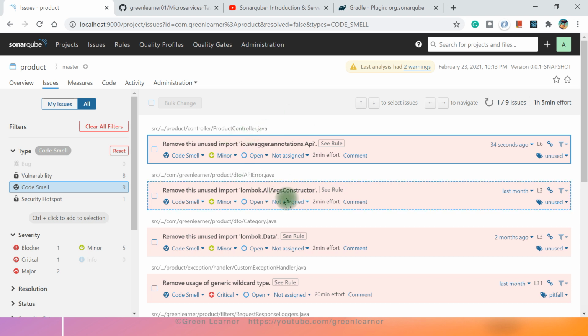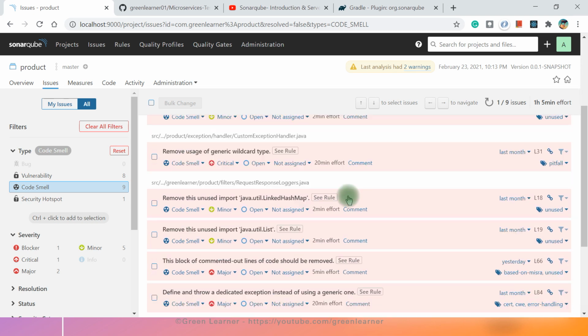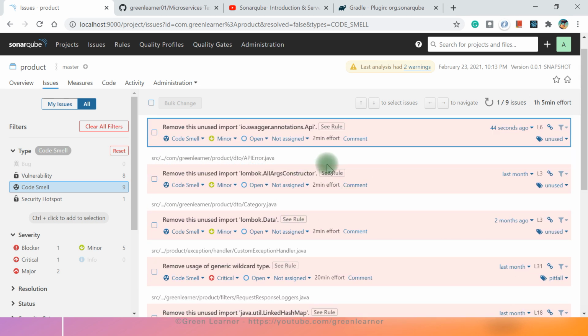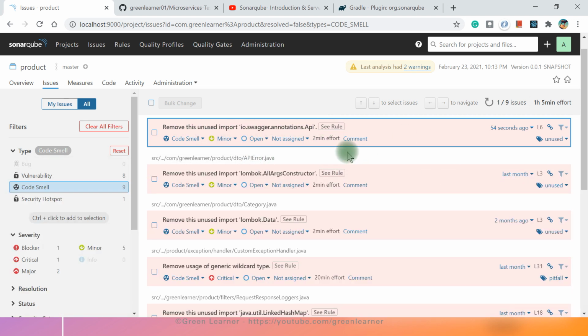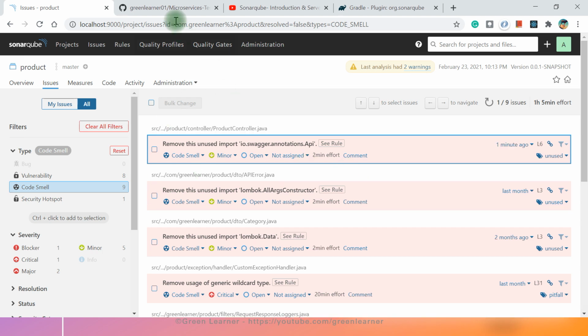There are others as well, so I'm not going to correct them. You can go ahead and correct them as per your needs. If it says to remove an unused import, I'm going to remove that, that's it. And if you want, you can go to the GitHub repository of the project that I am pushing, create a feature branch, correct this code and raise a pull request, and I can merge that into the main branch. That way you can learn something and contribute to the main project itself.